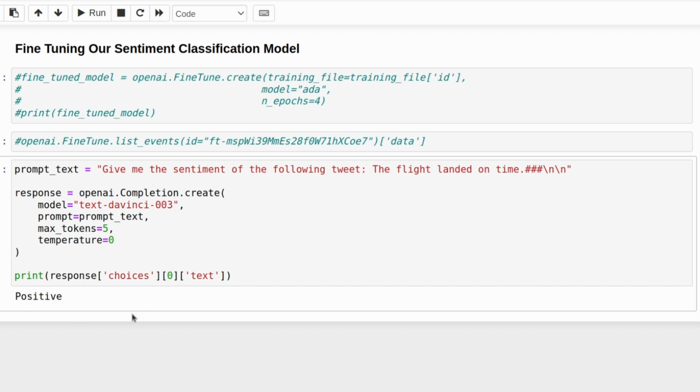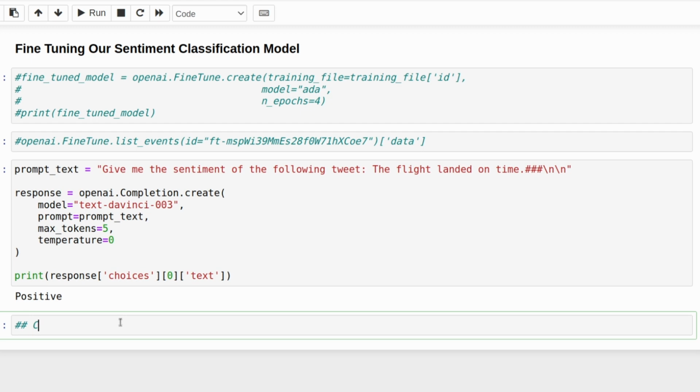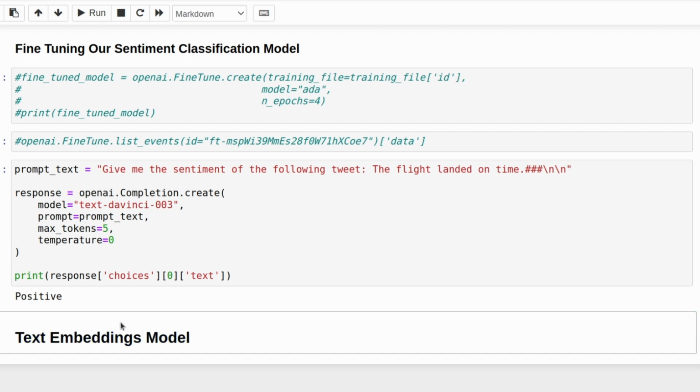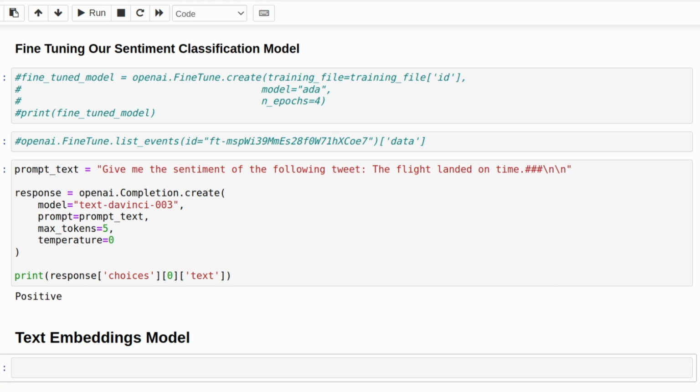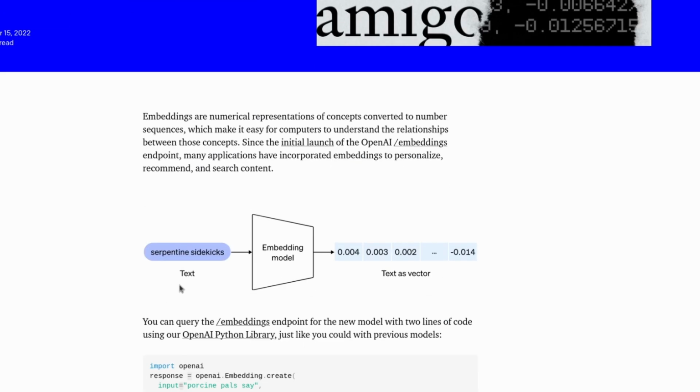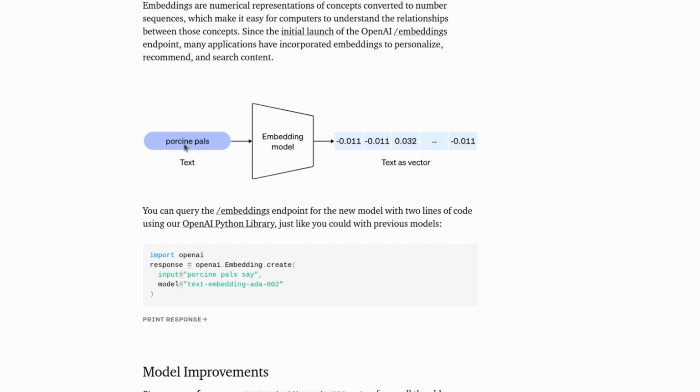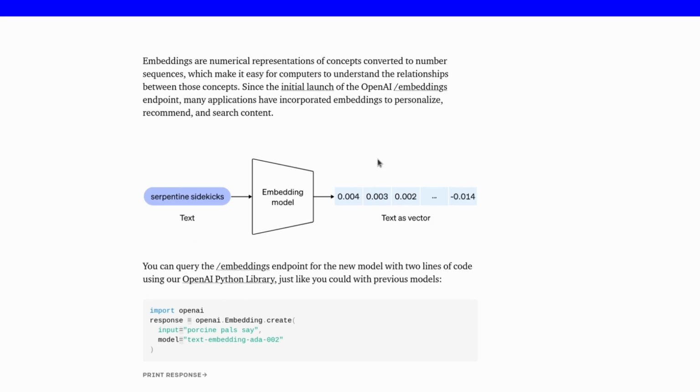So let me just create a new section here. Say text embeddings model. And this allows you to, well, actually, I should take a step back. What are text embeddings? Well, text embeddings, we can see here, is essentially a computer can't be trained on text. It doesn't understand text. It just understands numbers. And what this does is it takes this text and translates it into a vector. Think of like 1560. I forget exactly how long,